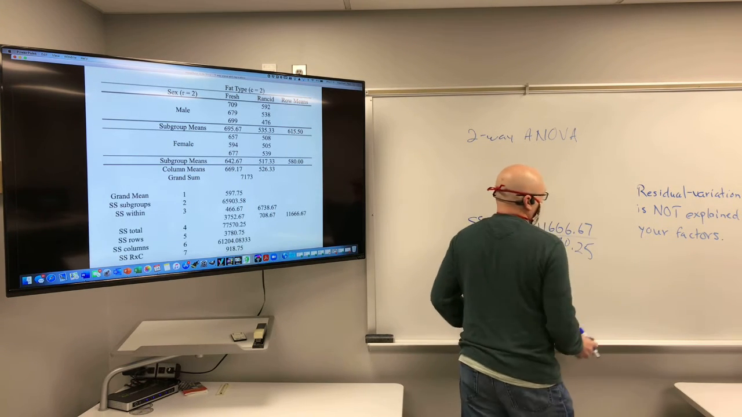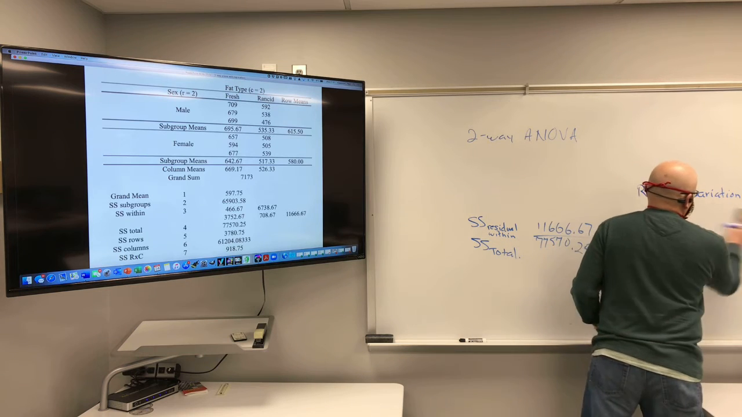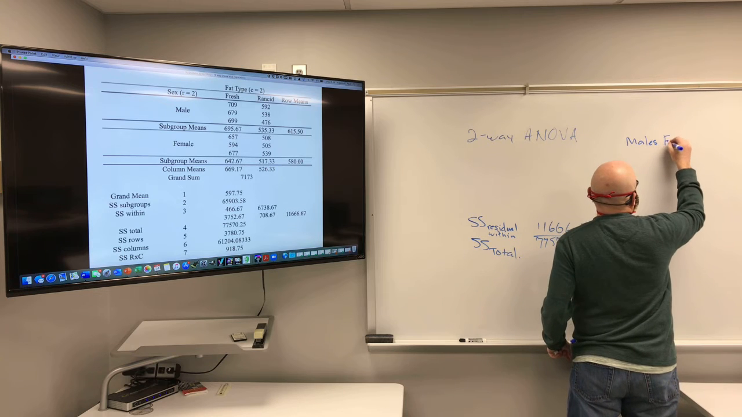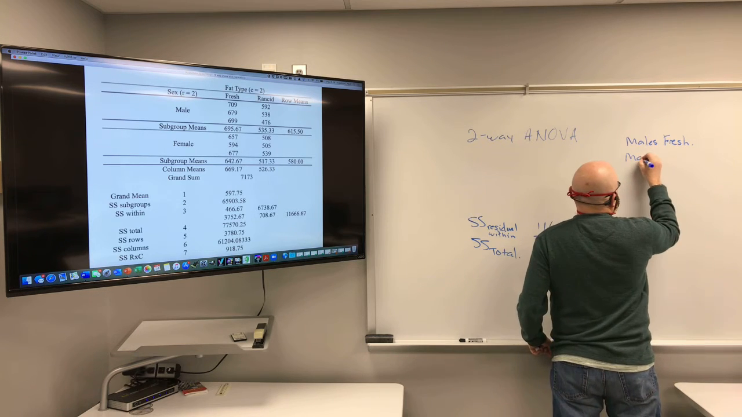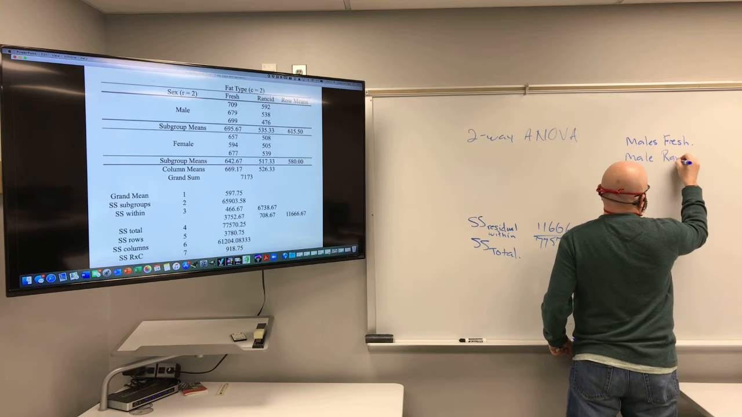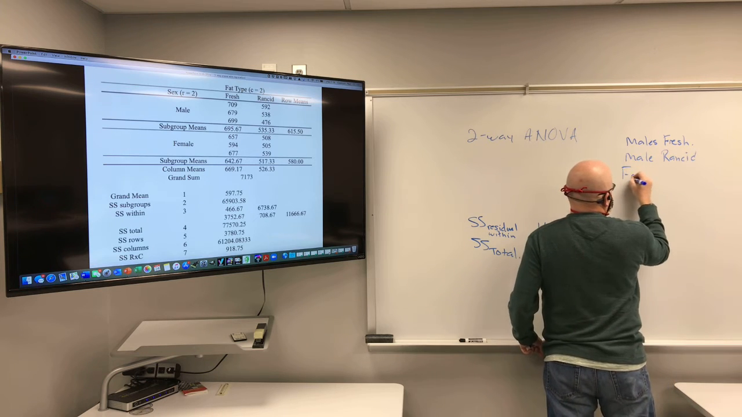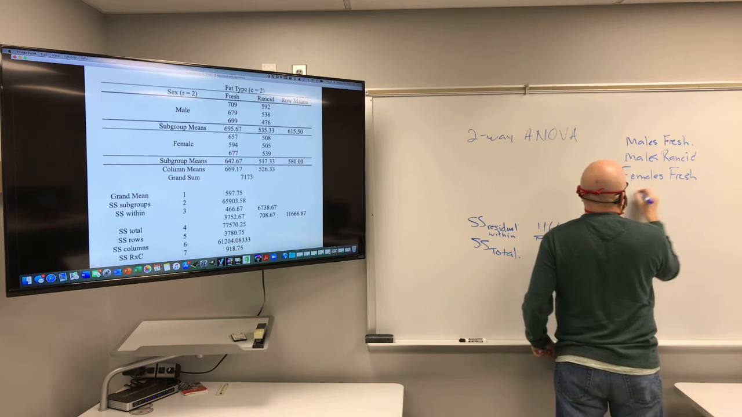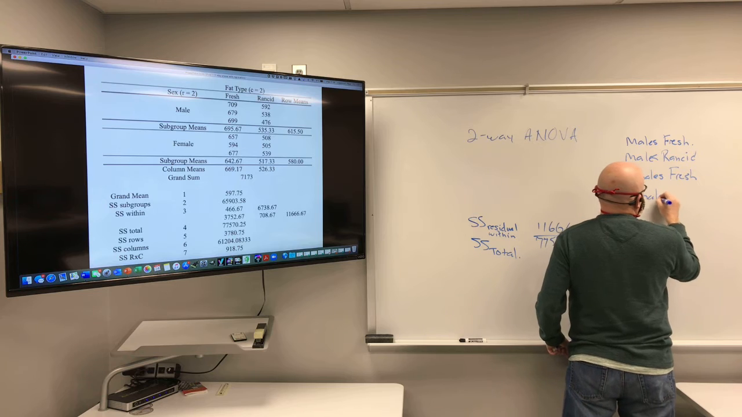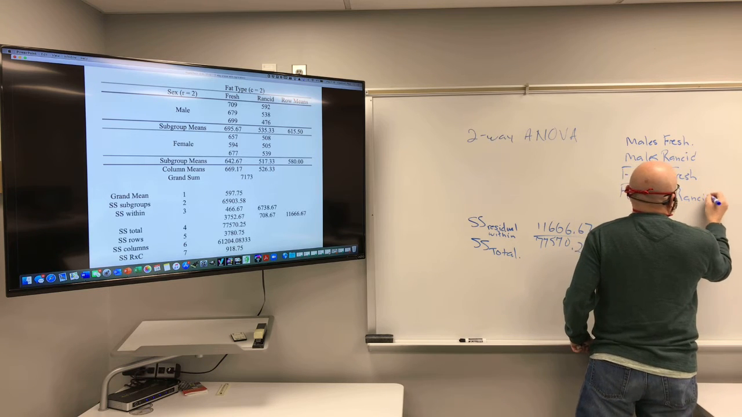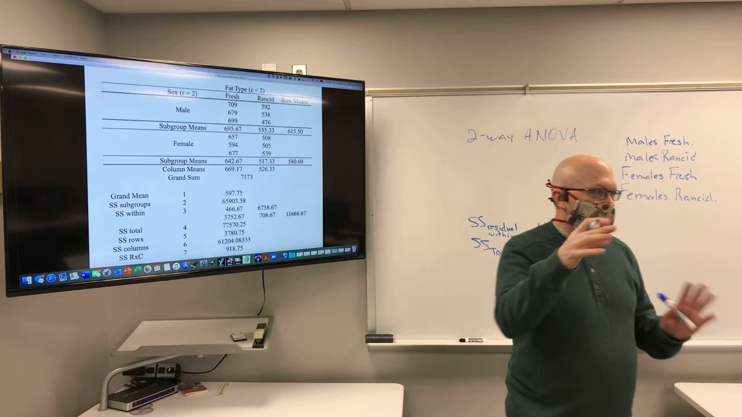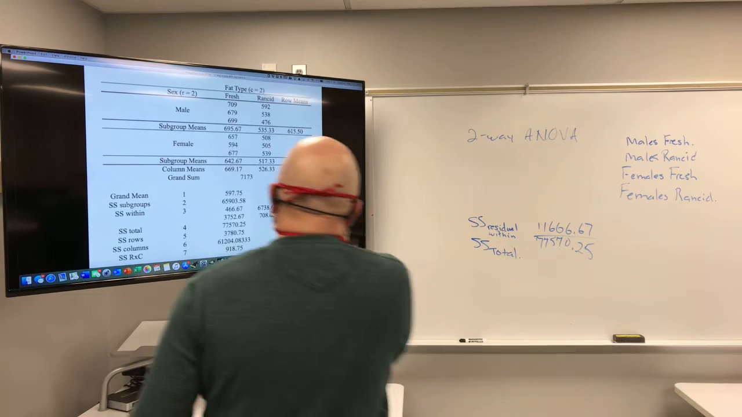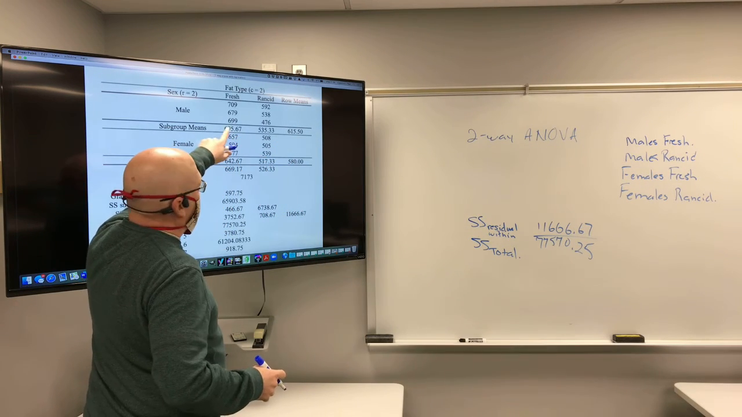Well, in this particular analysis, we have males that ate fresh fat, males that ate rancid fat. We have females that ate fresh, and we have females that ate rancid. And for each of these subgroups, so in this case we have two factors. Each factor has two levels, so we have four subgroups. And so in each of these cases, each of these subgroups has a mean,